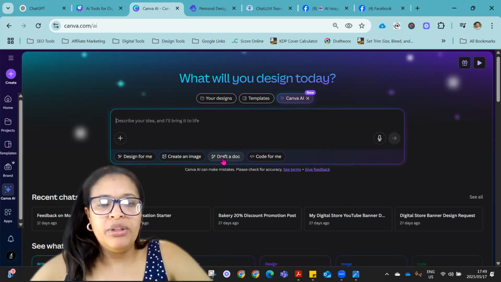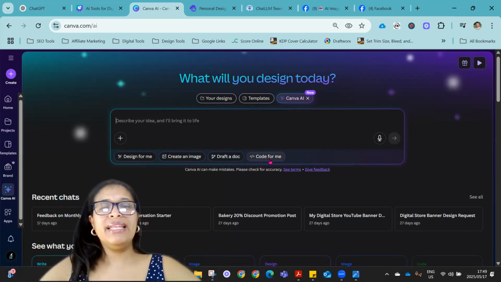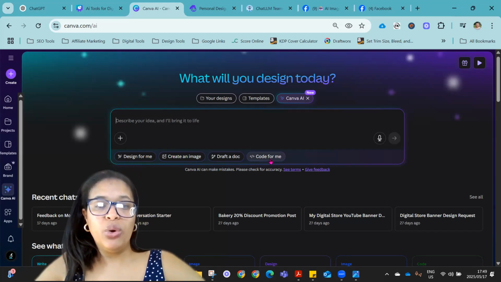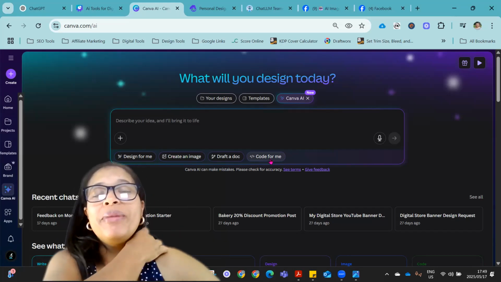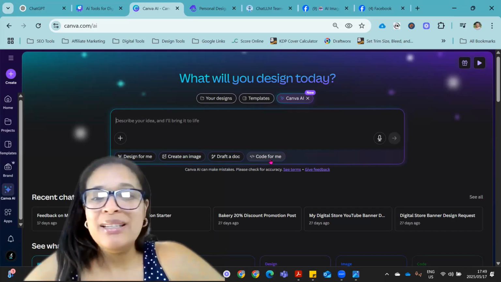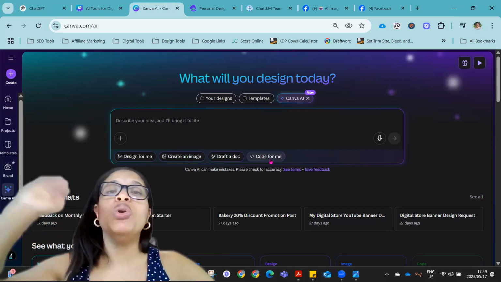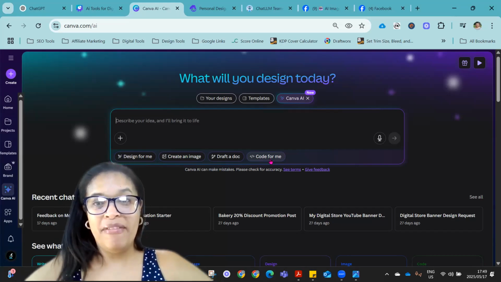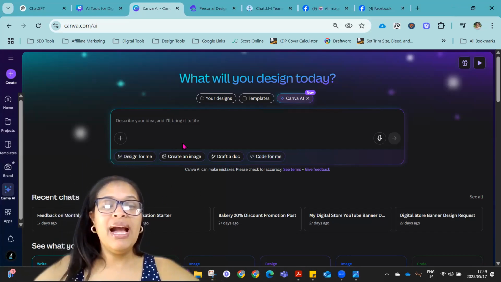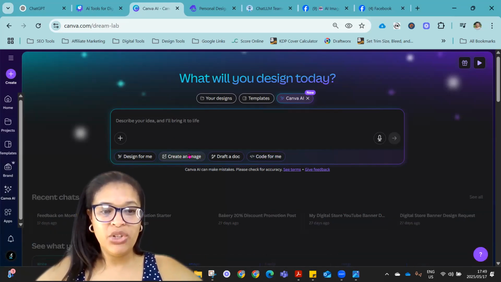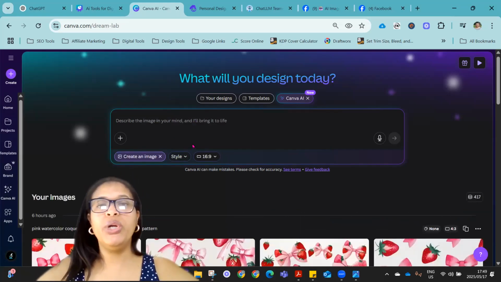You can do a lot of stuff with the document. And then a new addition is Code for Me, which I've played around with. I wish I had more time to fiddle with it because it really does amazing stuff. I'm sure new updates have happened since it launched, but I encourage you to go play around with it. We are going to create an image, so you click on create an image. We are creating